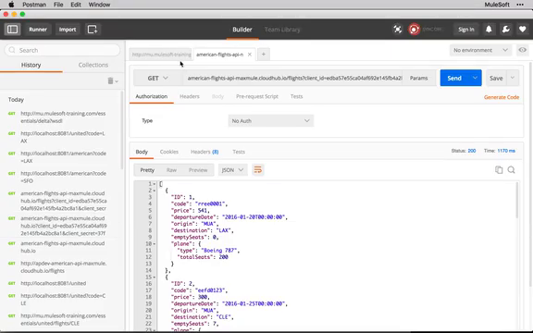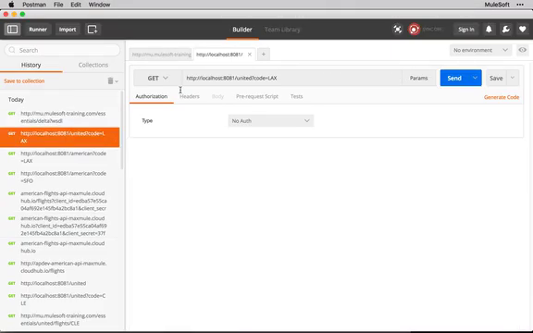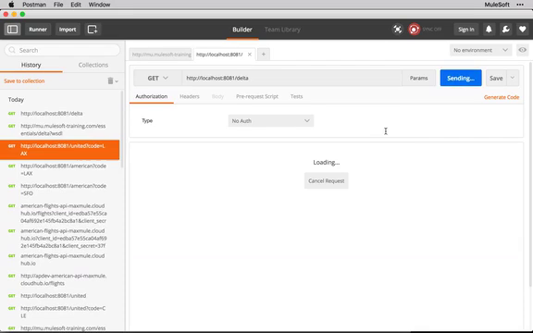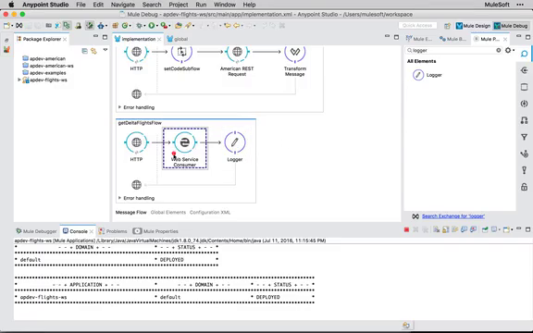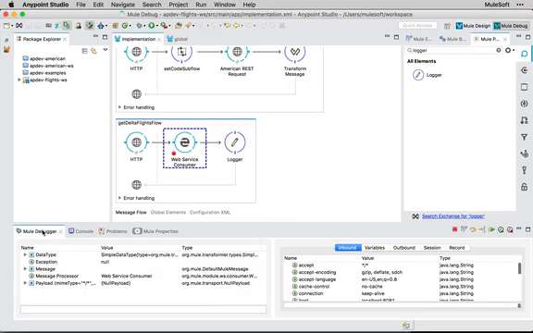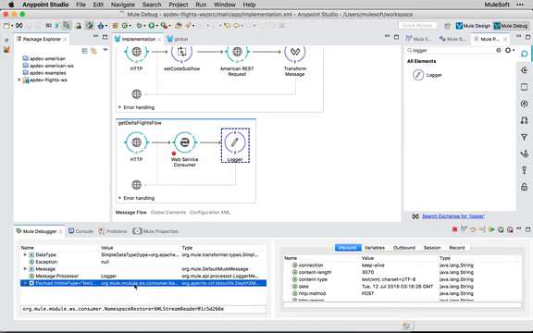And in this case, we'll make a slightly modified request to our normal localhost. We're going to do the Delta. And with Delta inside of here, we're going to take the query parameter out for now and just hit send. Now that should get us on our breakpoint in Anypoint Studio. We will step over Web Service Consumer onto the logger, and you'll see a WS Consumer namespace stream reader show